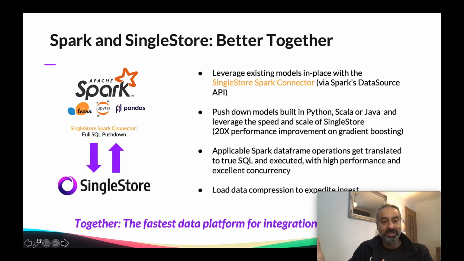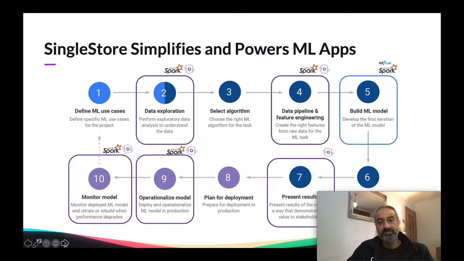We will share with you some results. As I said, we're going to have two parallel executions for the demonstration, but typically we do see 20x performance improvements with execution, and we are compressing large amounts of data which we store in the column store database. So with that, I'm going to explain where in the life cycle of machine learning we fit in, and the combination of a Spark framework and SingleStore would help and execute within this life cycle.